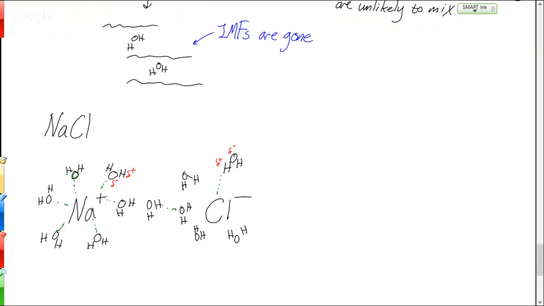And then that would also kind of connect to the rest of the stuff. And this is how ions get dissolved in water. So the fact that water can have a positive or a negative side allows it to encapsulate these ions